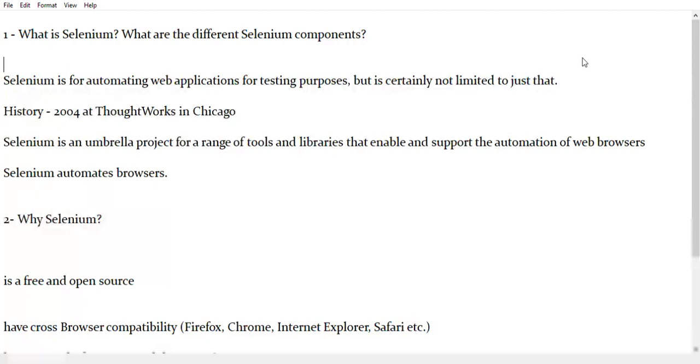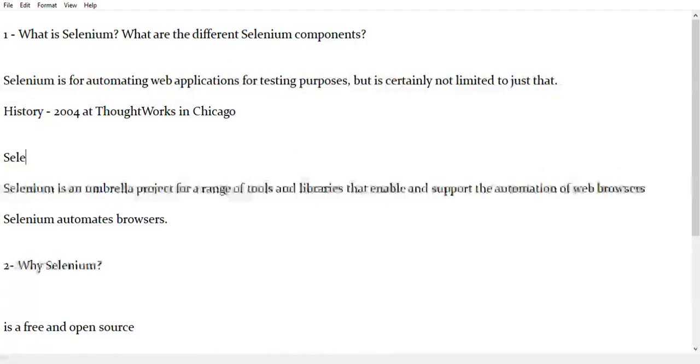First of all, when you go back to 2004, that is where Selenium started. It was started in 2004 at ThoughtWorks in Chicago, and it led to several other places apart from ThoughtWorks. It went to other surroundings all over the world, and it reached Google. So basically, Selenium is a suite, or you can say a framework, or you can say in this way that Selenium is a project